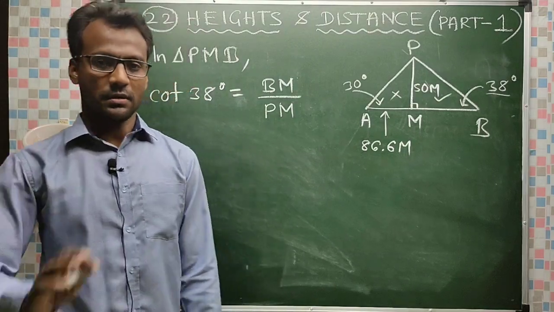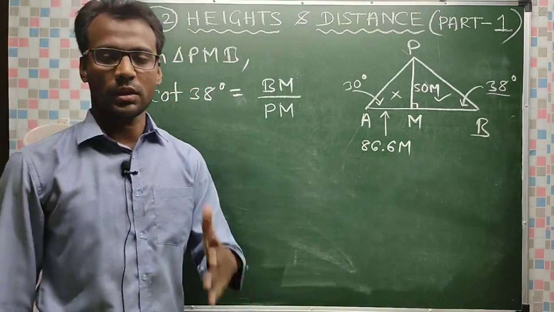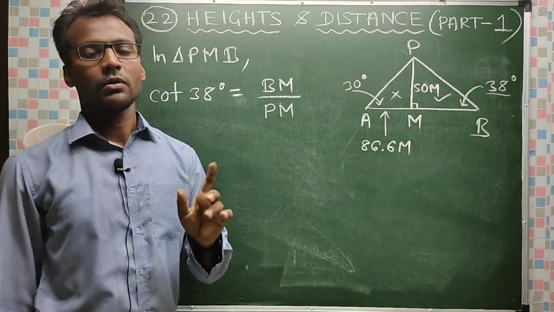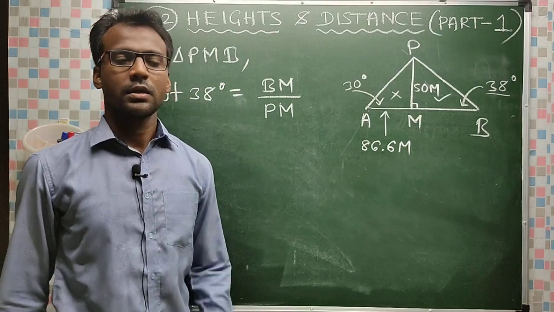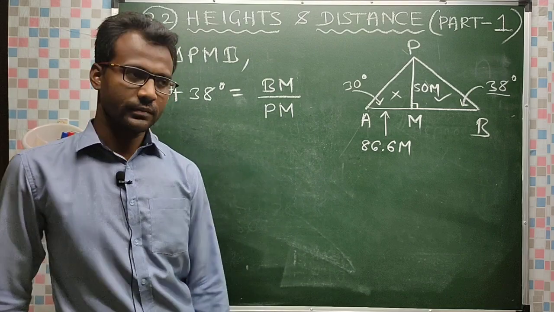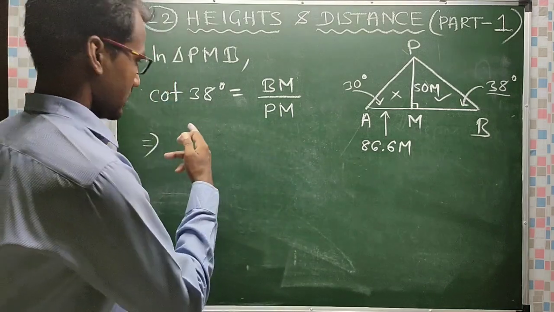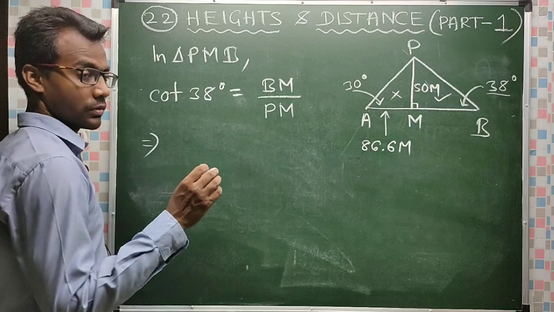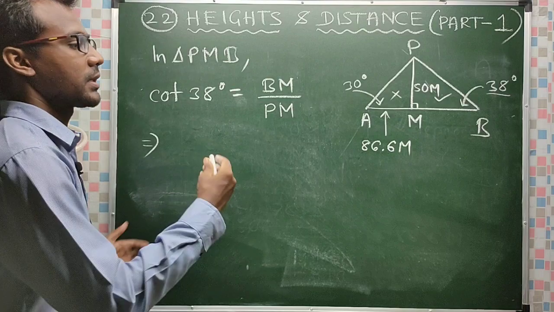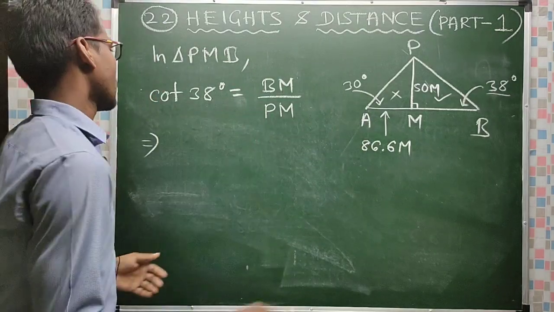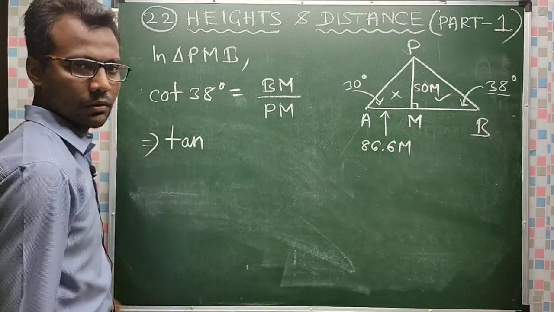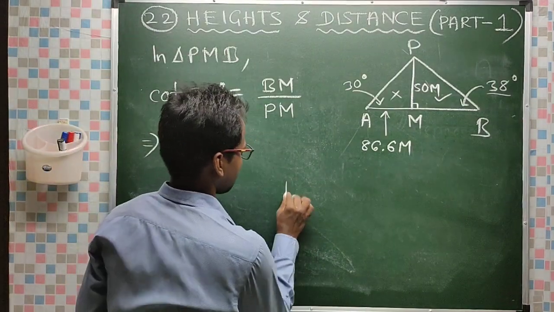But still, see, cot table is not given. 30 degree is not a standard angle, we need the trigonometric table, but only sine, cos, tan tables are given, cot table is not given. Again we faced one more problem. But we can solve this because we know the complementary relation. Tan is related to cot, cot is related to tan. So instead of cot 30 degree, I can write tan. In trigonometric identity you have studied.